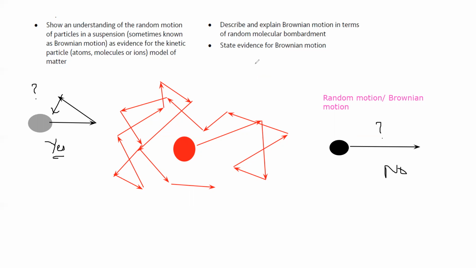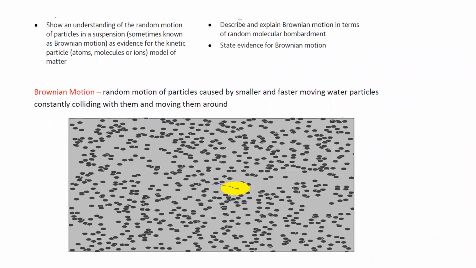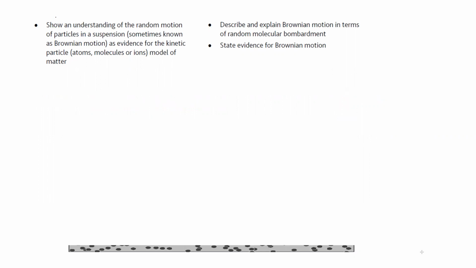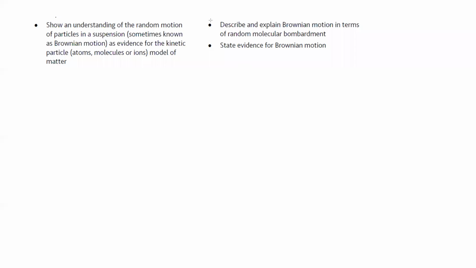For example, when sunlight is passing through a narrow passage or entering a window, you will find the dust particles suspended in air continuously moving and changing direction. That motion is known as random motion. But what is the reason why the dust particles move in this way? Basically, we are able to see the dust particles. Dust particles are heavy particles. For example, if this is a dust particle,